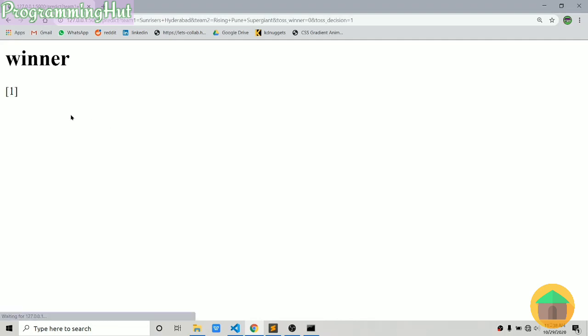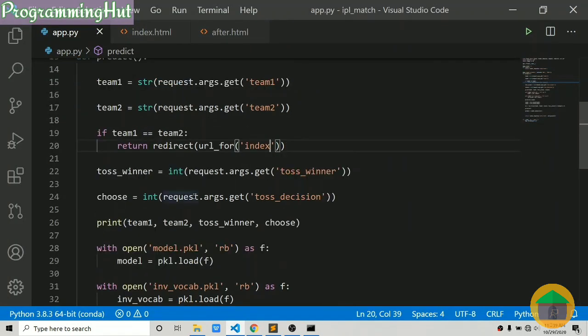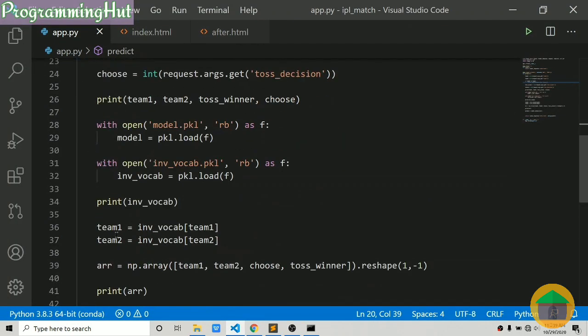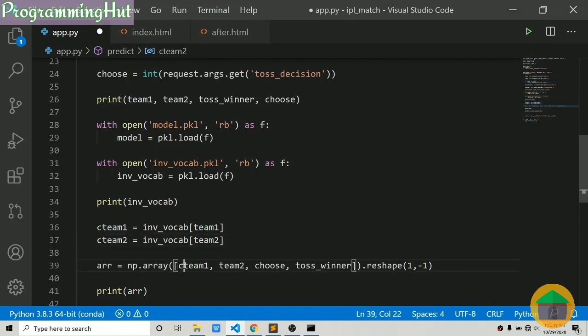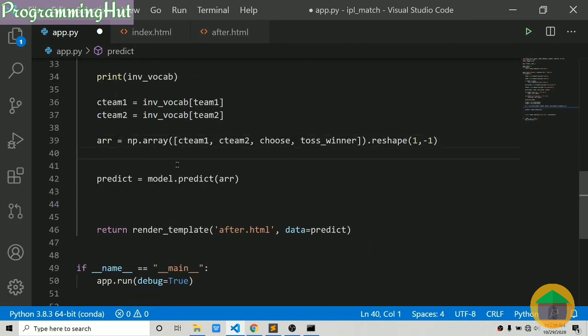And one last thing I would like to change is this integer value. It should send the team name instead of 0, 1. So let's change this. We will go back over here, and instead of naming them team1, we can say C team1, C team2, and instead of printing the array, over here it is the prediction.